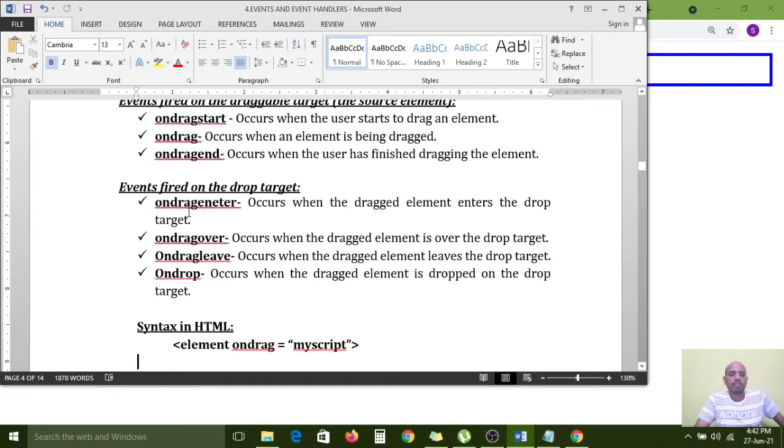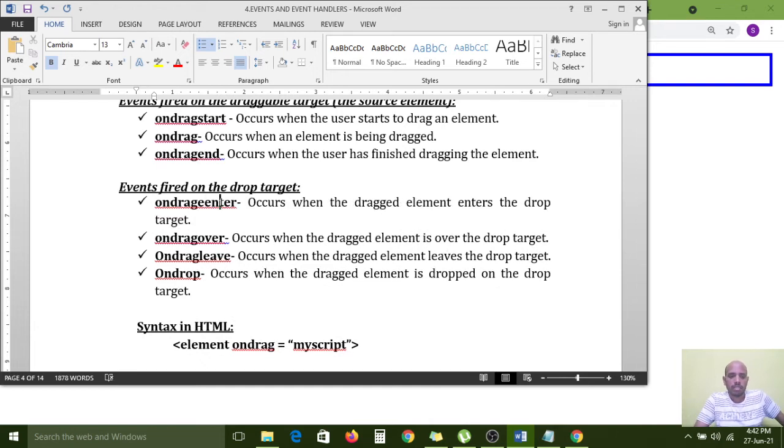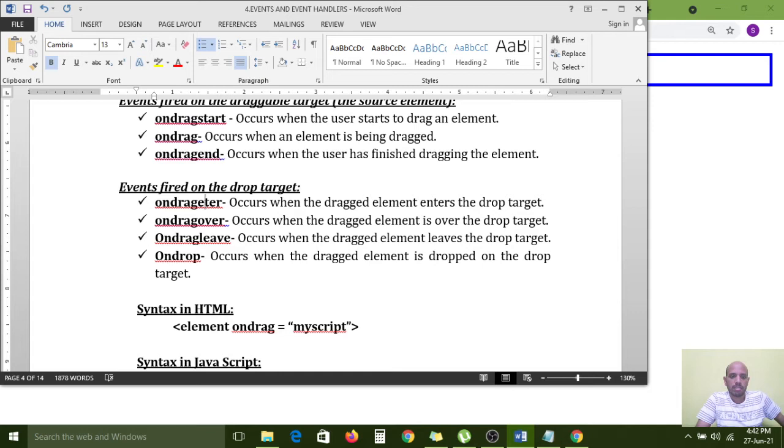So on drag enter, on drag over, on drag leave. On drop event contains four events: on drag enter, on drag over, on drag leave, on drop.